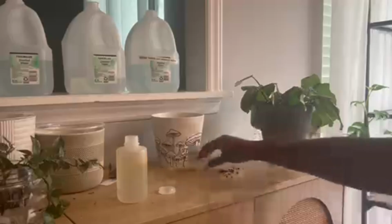So she's a little wobbly, but once her roots get more established in this pot, I think it's going to be for the better. And it'll be really exciting to try this soil mix with the plant that I've had for quite some time. I'm just gonna water this through. And then I'm gonna put her back in her spot with her new cover pot and all of that jazz. Let's see